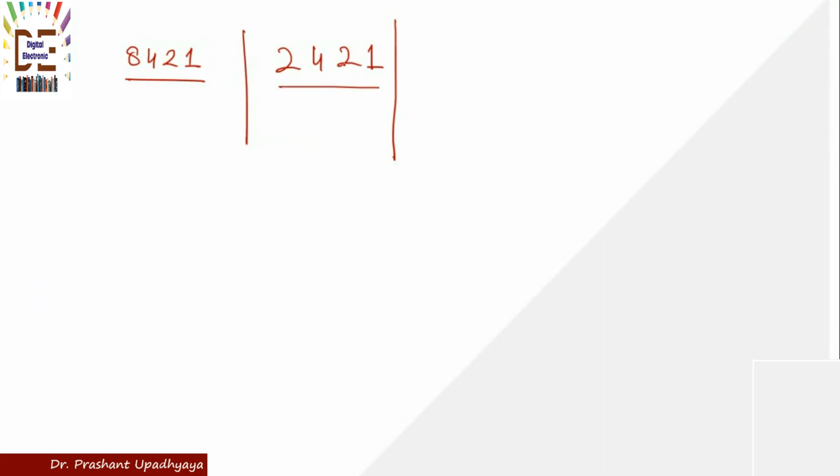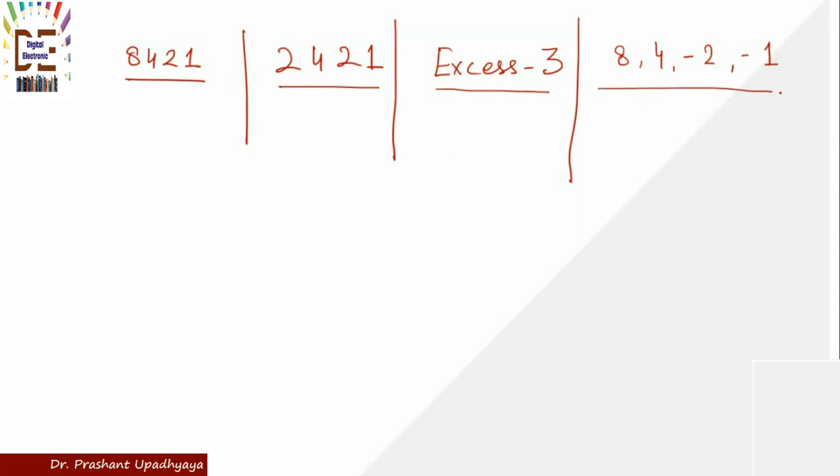So if I calculate what will be the maximum result I will be getting from it. So we have 8421, then we have got 2421. Then one of the codes which we are using is the excess 3 code. And you can even find a code which is known as the 84 minus 2 minus 1. If I take all the examples of this,